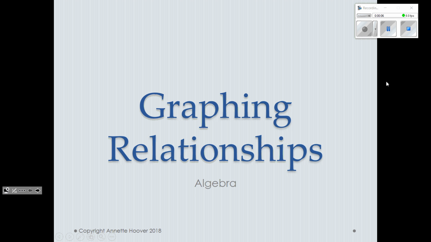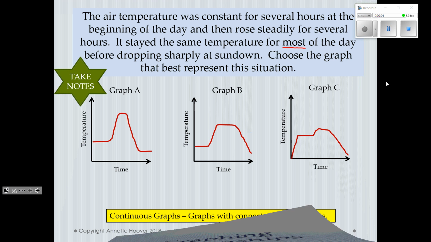Okay, today we're going to be looking at graphing relationships. This is going to piggyback off the last lesson we had when we were on our Chromebooks and we went to desmos.com and we were graphing some scenarios that we saw in videos. And today, instead of watching a video, we're going to be reading the scenarios and